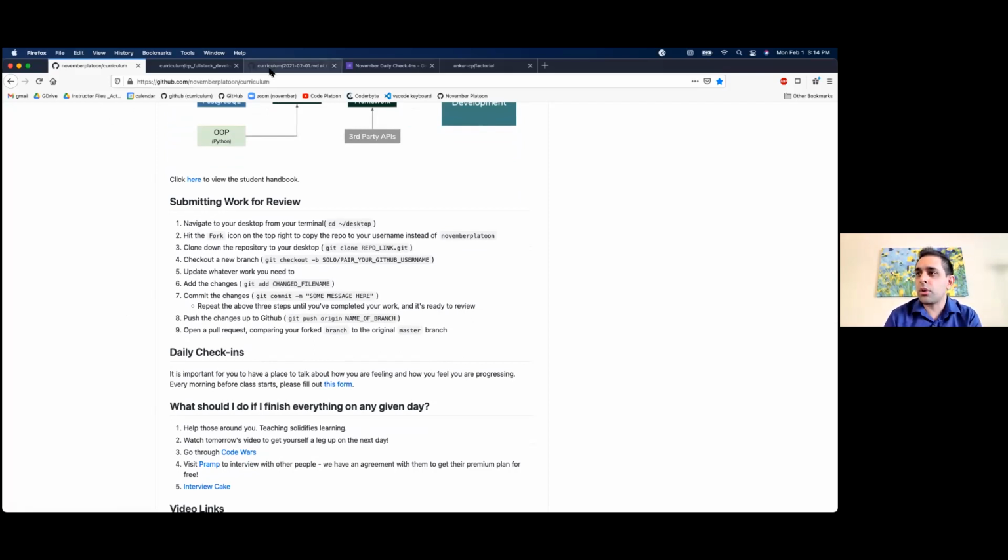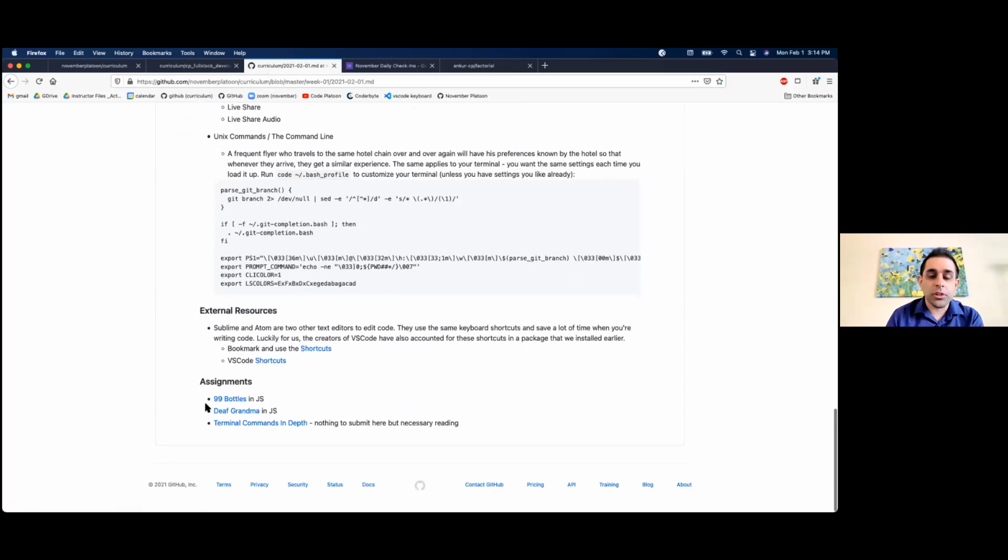So if I go to our days page and scroll to the bottom, you'll see the assignments listed for each day's page. In this case, we have a couple challenges. We have something called 99 bottles and one called Deaf Grandma. Both of these are going to be done in JavaScript. So let's go over the process for forking, cloning, and then getting you guys coding. If I click on one of these challenges, it should link to our November Platoon